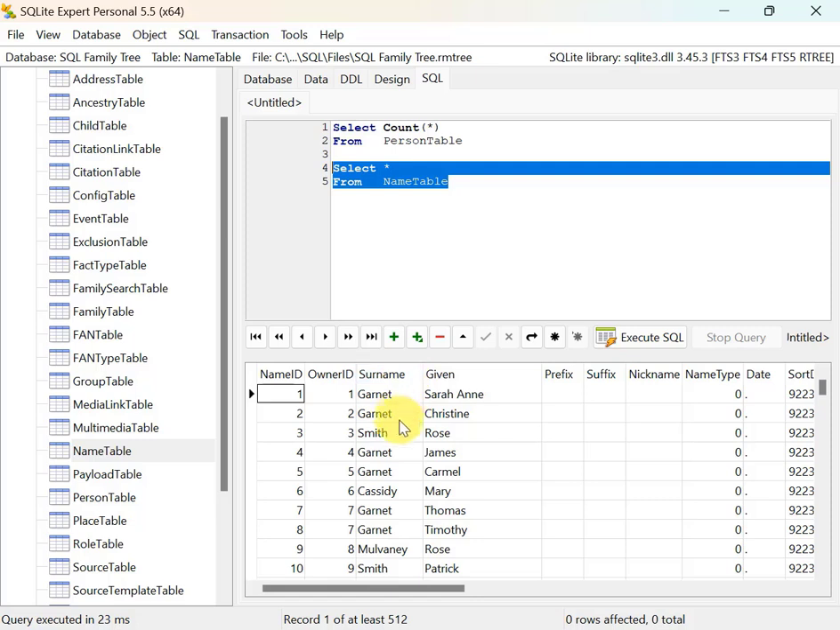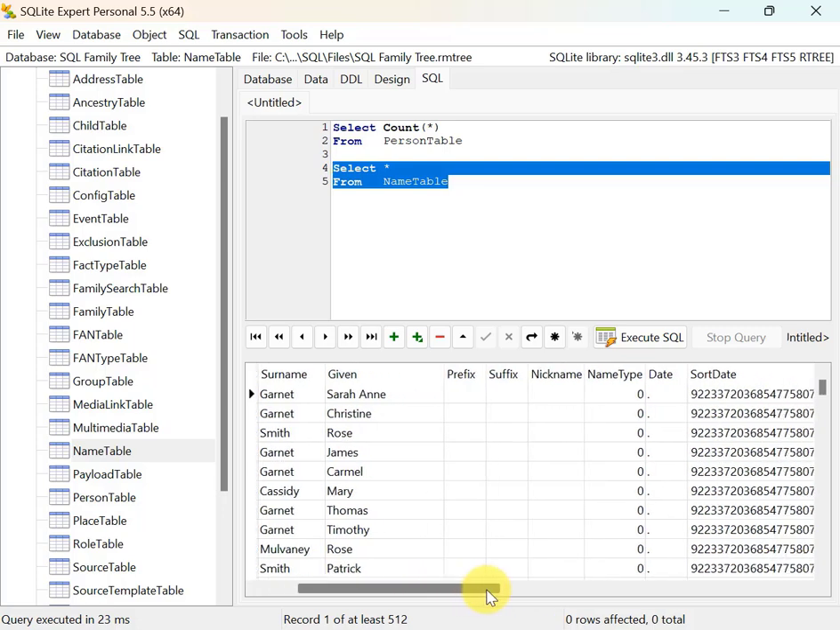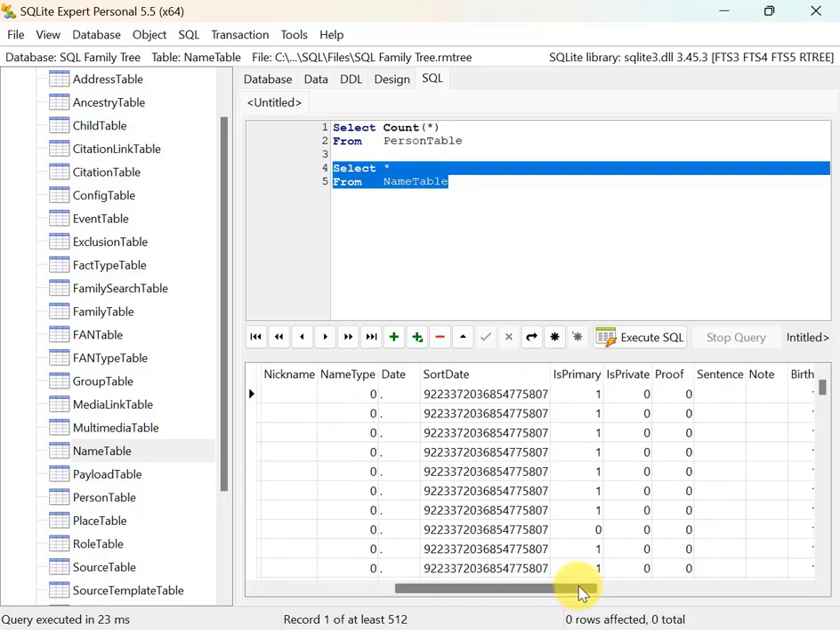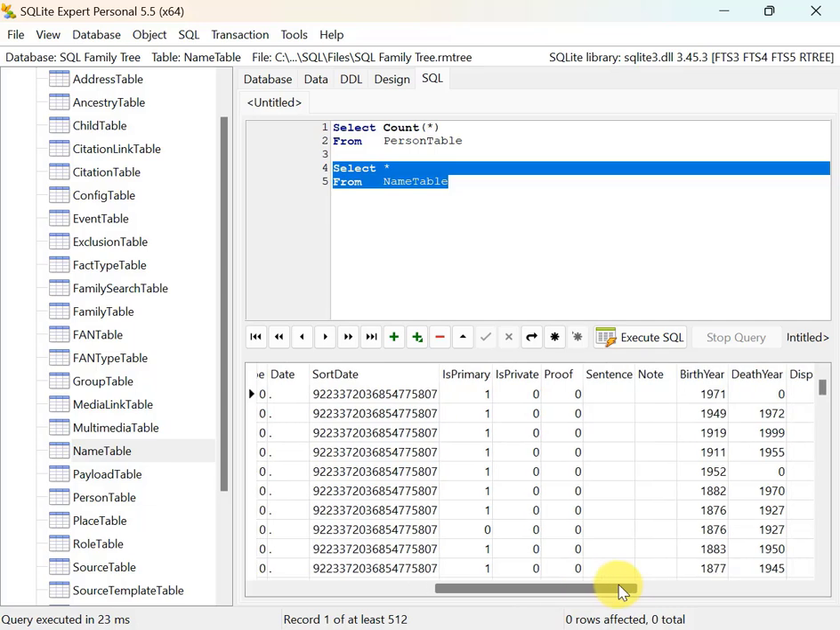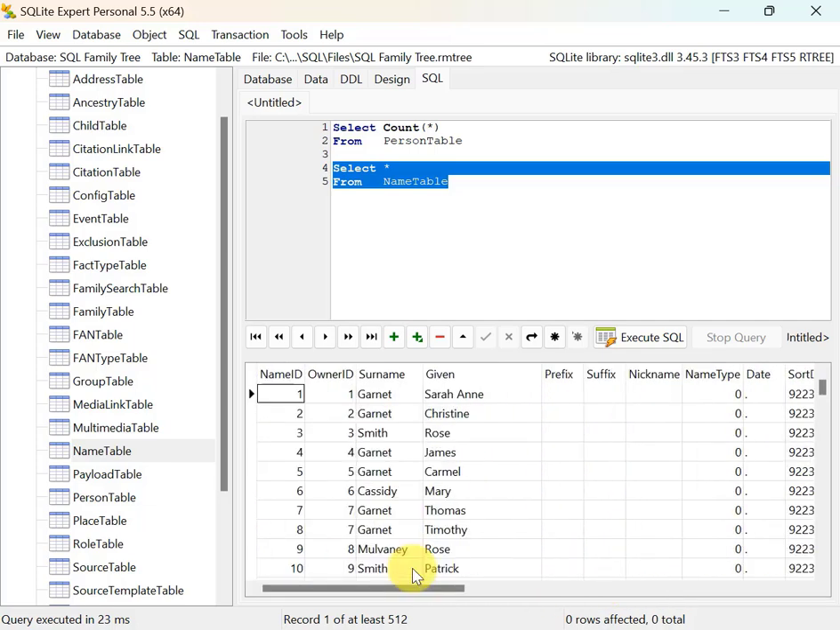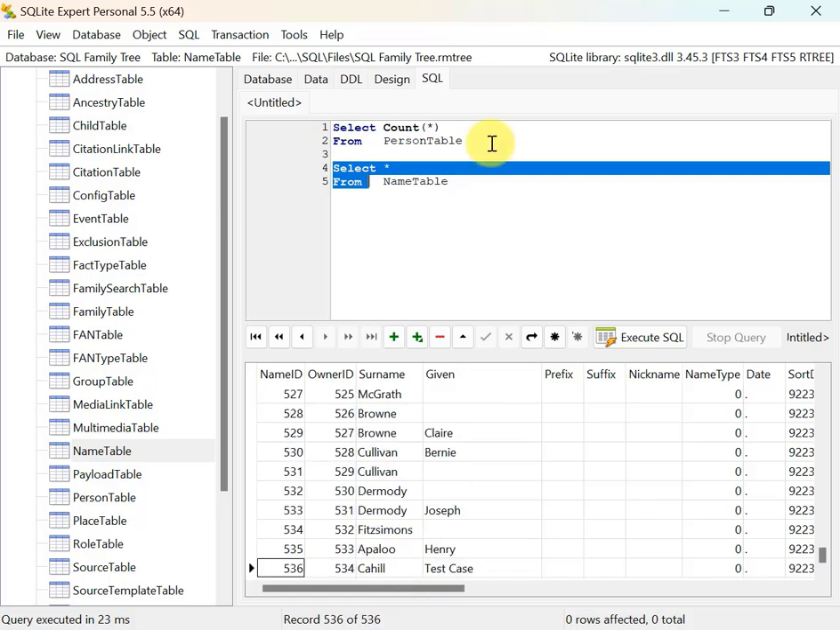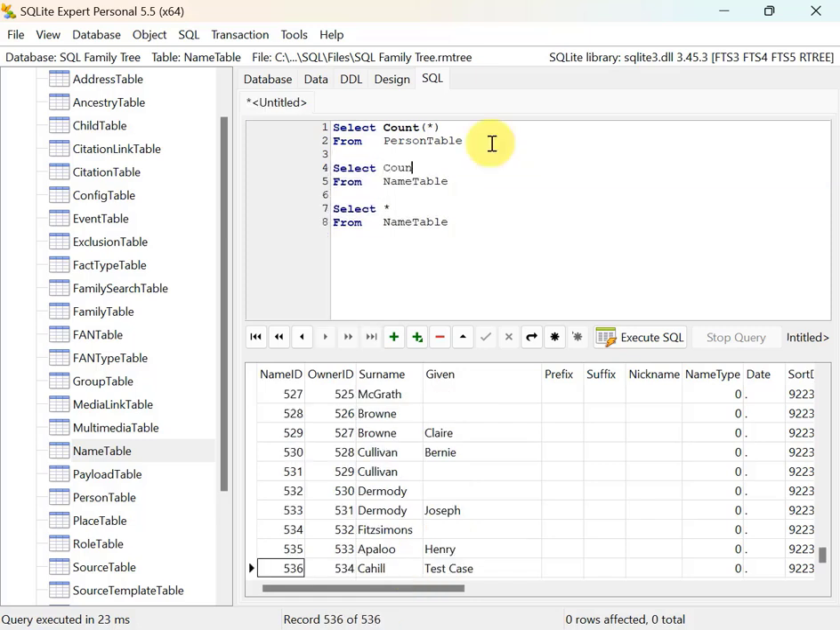So I have the surname field, surname or last name. I have the given field, which is the first name. There's a number of other fields here that, again, I'm not too interested in. But the one thing I want to draw your attention to is the number of records in the name table. Select count star,